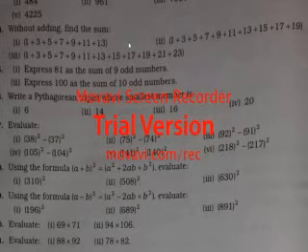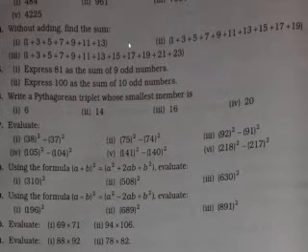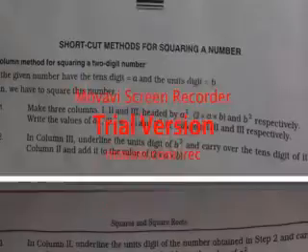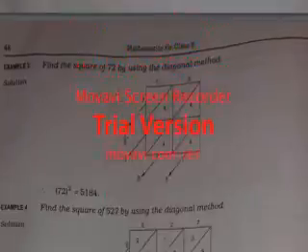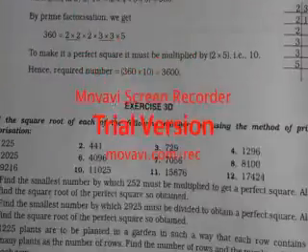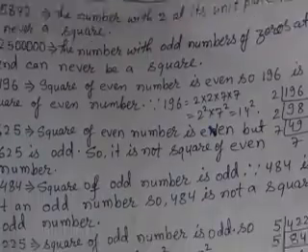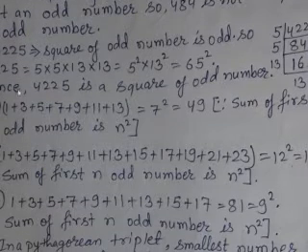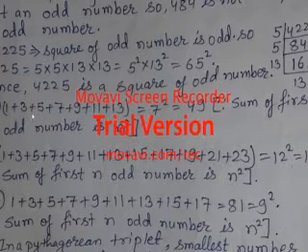As we know, the sum of the first n odd numbers is equal to n square. On the basis of that, in every question you can see I had made first and last, and I had completed exercise 3b totally. So now I am here with the book, so I will not go to the question again. Here I am showing you question number 4. Here it is 1 plus 3 plus 5 plus 7 plus 9 plus 11 plus 13. If you count 1, 2, 3, 4, 5, 6, 7, it is the sum of the first 7 odd numbers.